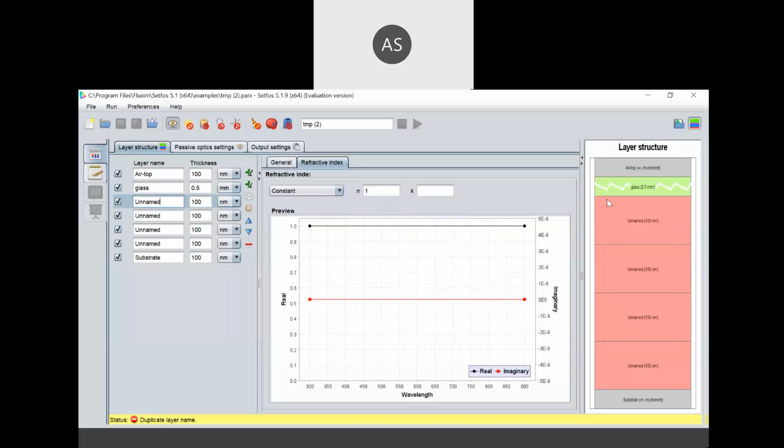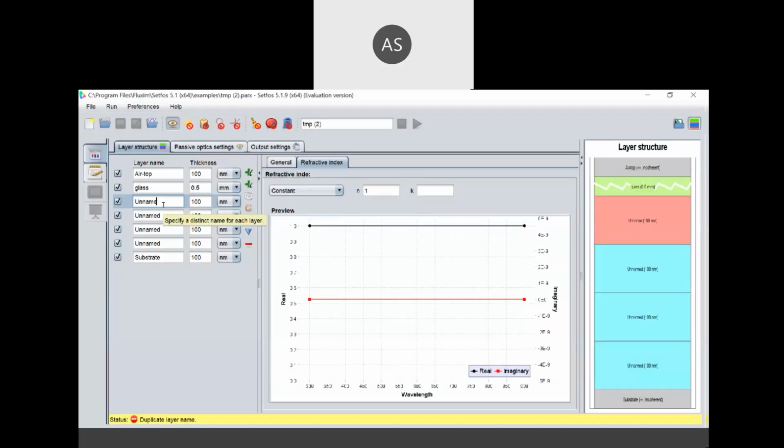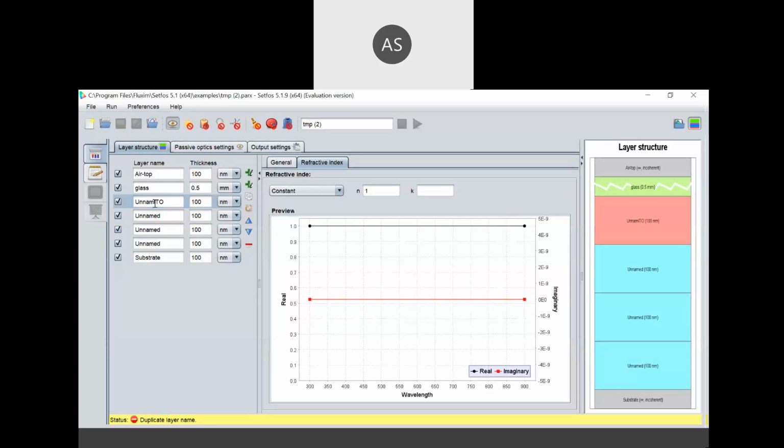Accordingly, the color diagram on the right of the screen changes whatever material we take. Now the third layer, suppose we take an ITO layer. So this is ITO, and I can define the thickness of my material. We need to specify the material property. The next layer is the hole transport layer. Suppose this is my hole transport layer, I can define a 50 nanometer thickness.